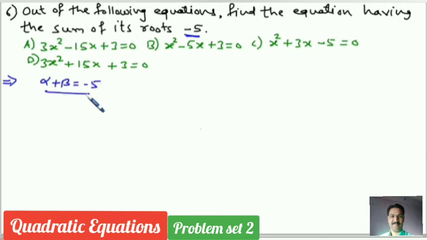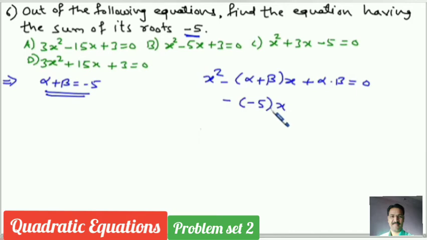Okay, friends, now look here. Again, we are going to think about the same standard form of equation, that is this one. Okay, friends, here should be alpha plus beta minus 5 means what? Here should be like this one we need. That means in all here we need plus 5x here. And remember, here must be 1 should be there. Where it is 1 here, here it is 1, here it is 1. Here in these two, the coefficient of x square is not 1. Okay, but here we can make, look here, first of all let's check here.